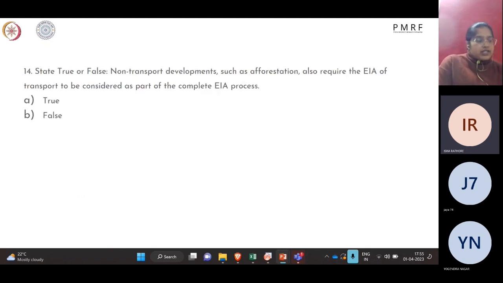So moving on to question 14, state true or false. Non-transport developments such as afforestation also require the EIA of transport to be considered as part of the complete EIA process. Is this statement true or false? Okay, so the statement is true. That is, even if you do not have any transport development in your project, you still need to consider afforestation and do an EIA for transport because you will be making a lot